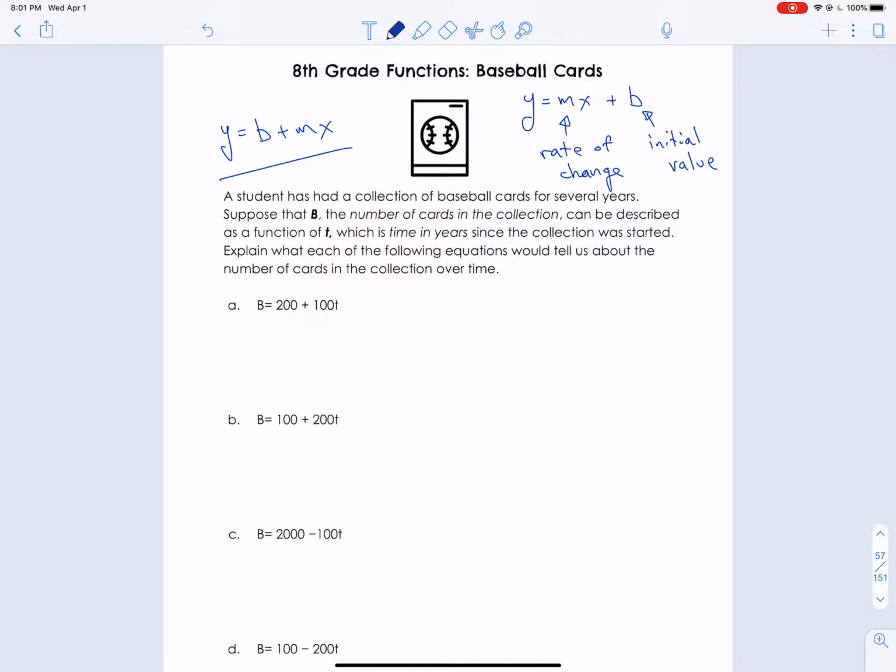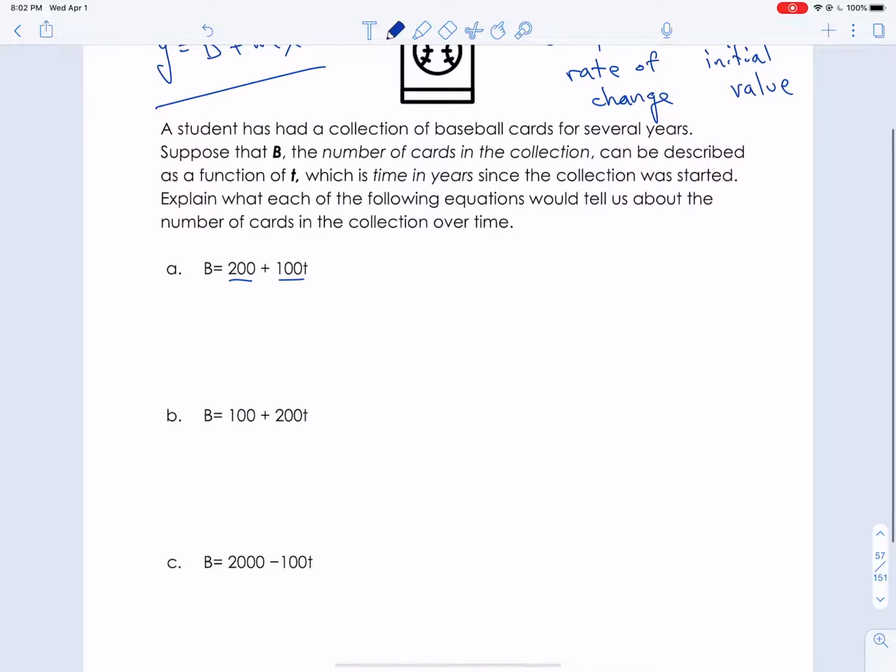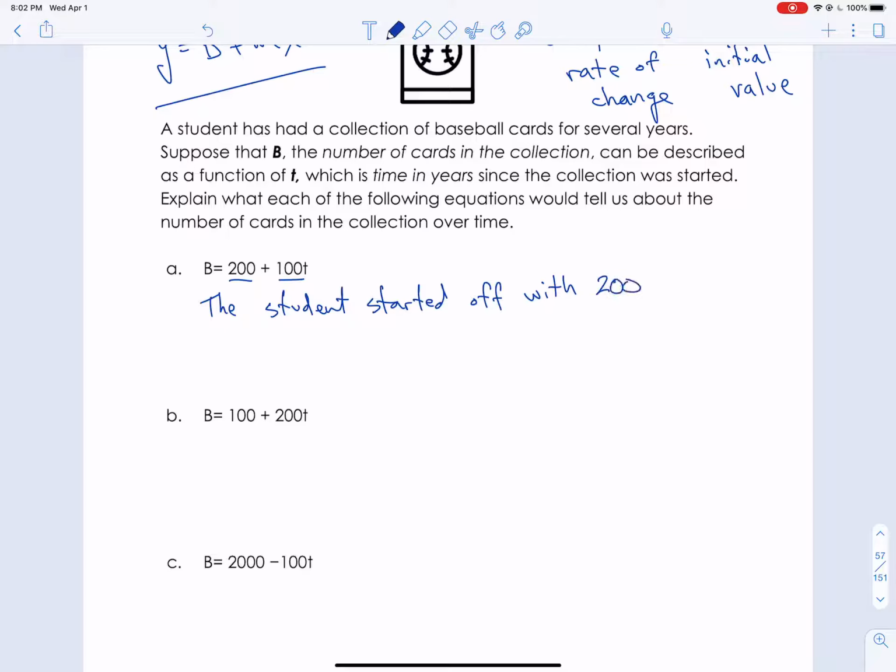All right, so the first one, 200 is the initial value, and then 100 is what is changing over time. So remember, T is in years, B is the number of baseball cards. So we just have to write a quick sentence that describes what these equations could represent. So for the first one, the initial value is 200. There's no name, so just a student. So let's just say the student started off, and this is not the only way you can write it. You can write it in your own words. The student started off with 200 cards,